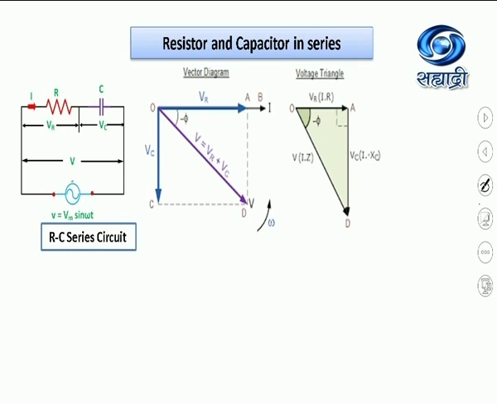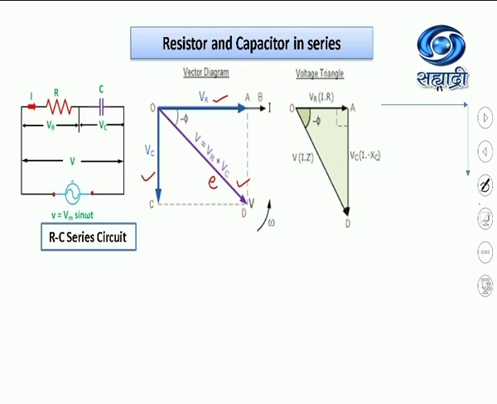Now if we draw a phasor diagram, then in that case the EMF across the resistor is in phase with the current, and the EMF across the capacitor is lagging behind the current in phase by pi by 2 radians, since it is in the downward direction. The resultant is represented by OD. So this is the resultant EMF which we represent by E. The length of the vector represents E naught. That is understood. Now we have to draw the impedance triangle.